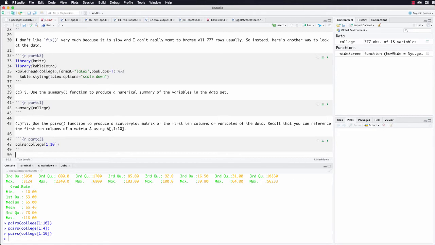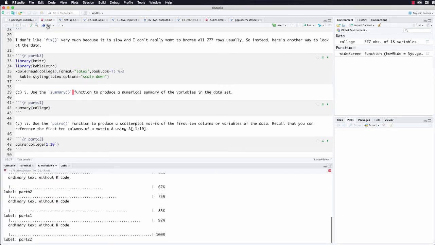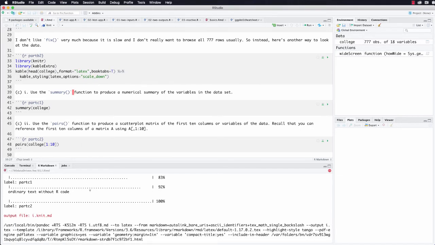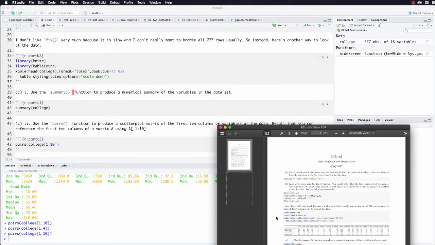Okay, so that's part C, part 2. Oh, and I said I was going to do this, and I never did. So when I render this, let me render it again. Where is that knit function? There we go. So when I render this, oh, what's happening? Is it rendering? Okay, there we go. So when I render this, notice that